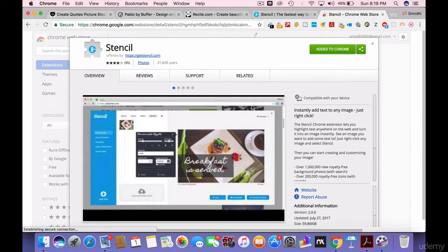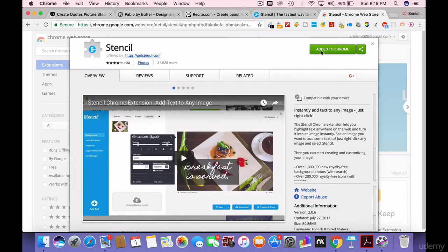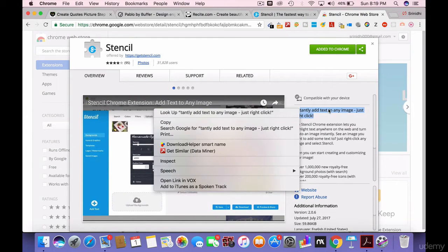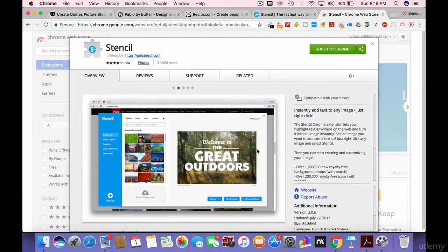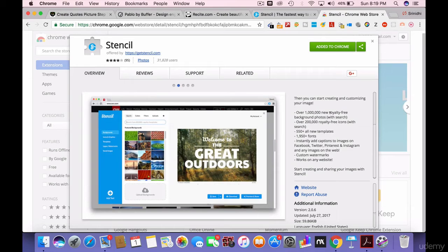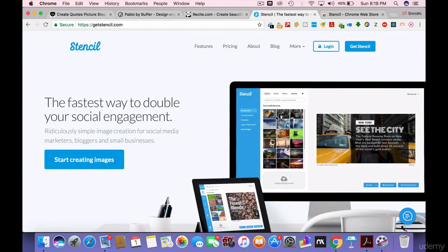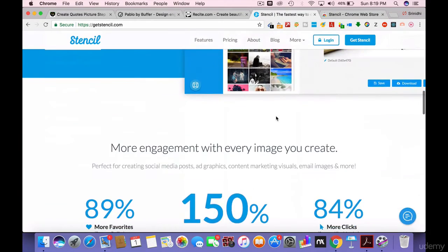Typically you add this to Chrome, and once you add it, you highlight any text over here like this and right click, get Stencil. Once this extension is there, you get that option. It converts the text to an amazing graphic, and this is a paid tool, but you'll have this many royalty free images, this many templates and all this stuff, right? So GetStencil, you can try this out too. However, I recommend